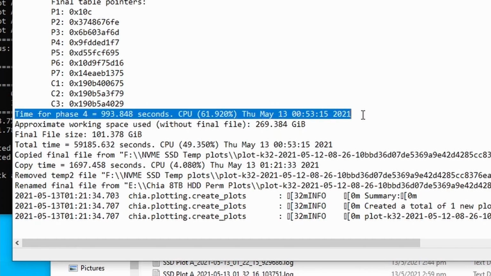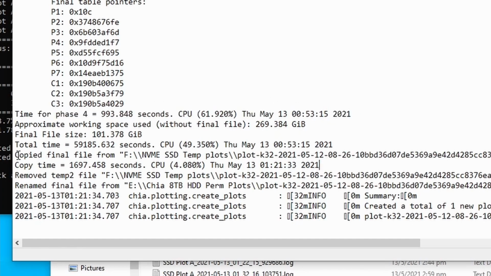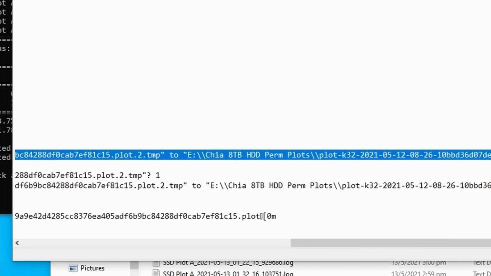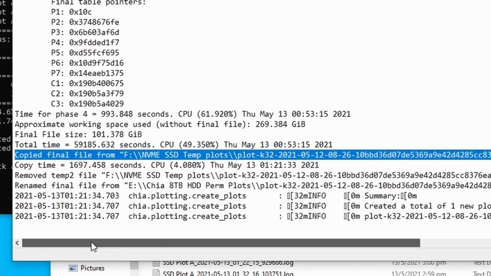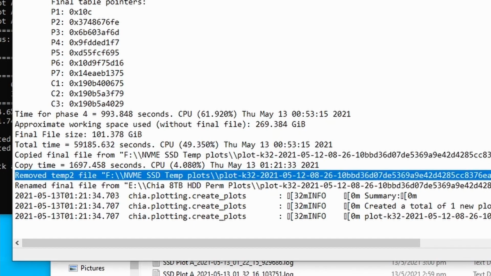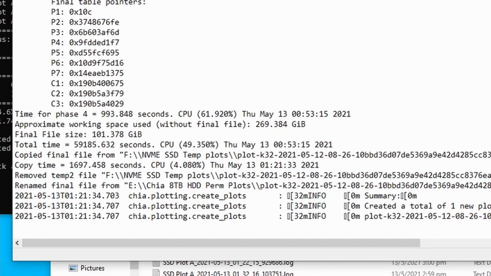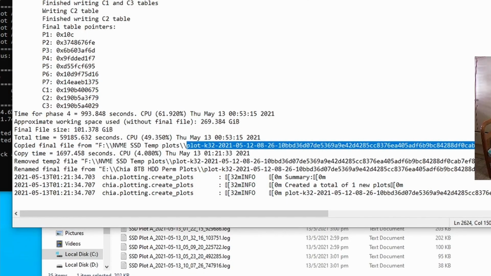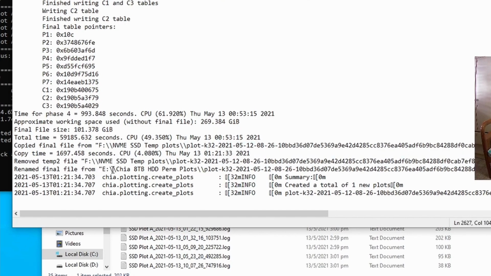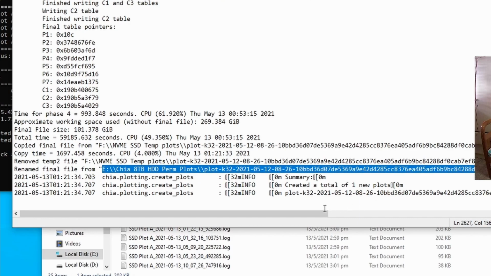You can see the time completed for phase 4, and when phase 5 is complete, it will say completed final file from this temp drive to the E drive. The E drive is my destination drive. So basically completed, and it will remove the temp file. It removes this plot2.tmp. You can see that this is the name of that particular TMP file. It removes this plot2.tmp, and it renames the final file in your destination drive from plot2.tmp to